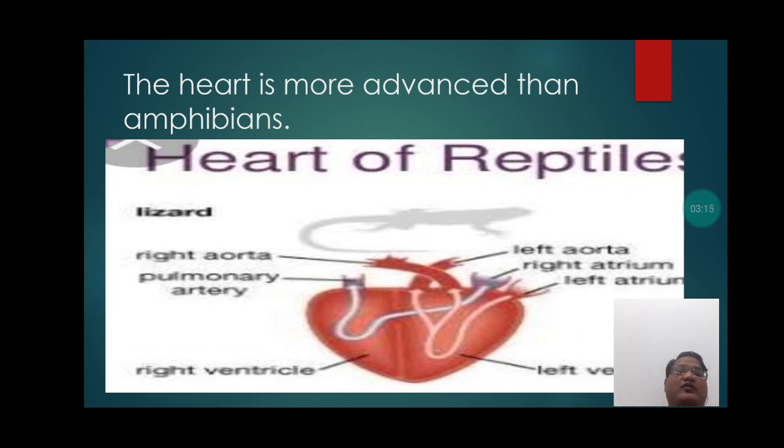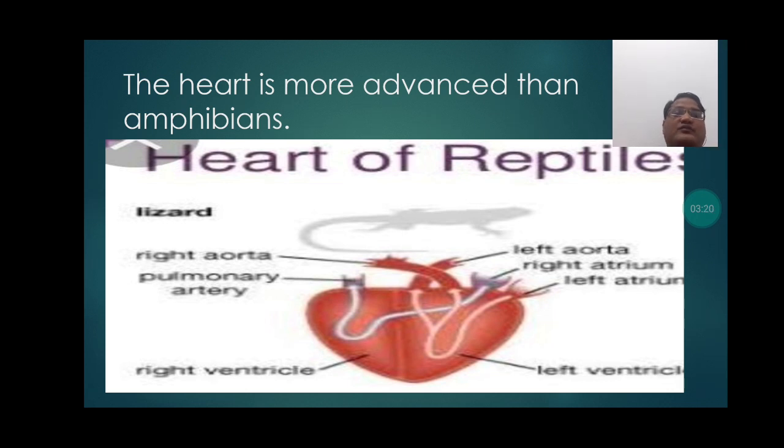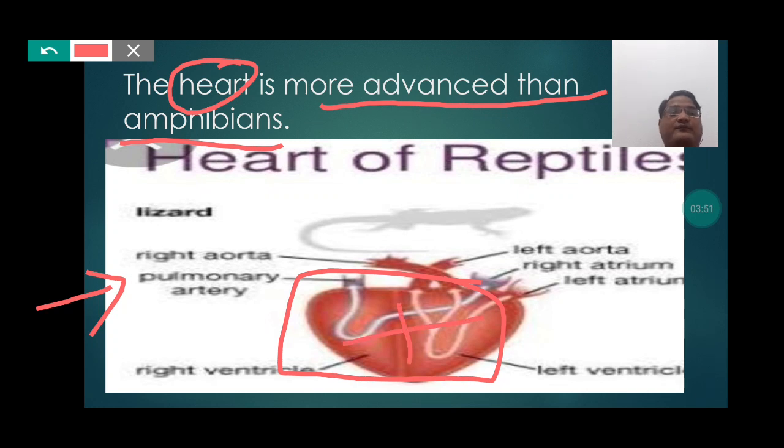The heart is more advanced than amphibians. So students, it is another most important feature of the reptiles, that the heart of the reptiles is much better in comparison to the amphibians. Students, we can understand it with the help of this picture, where we can easily notice that the heart is partially four-chambered,